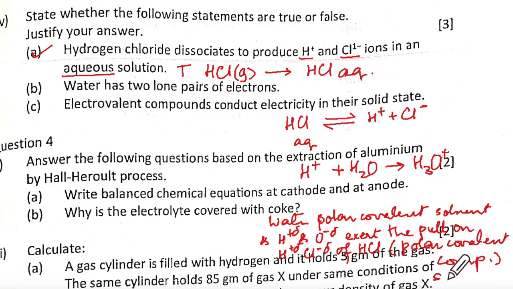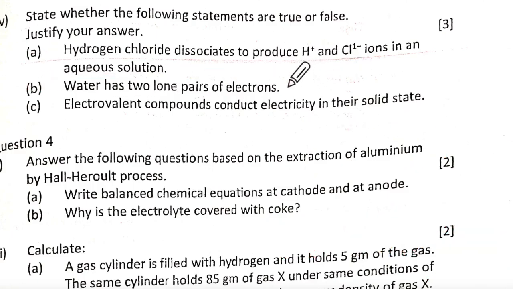And then you'll say dissociating it, or causing dissociation. Water has two lone pairs of electrons. Here again you will have to show what is water. It is going to be 1, 2, 3, 4, 5, 6. This is your water, correct? So you will show this structure, and then you'll say that the H2O molecule